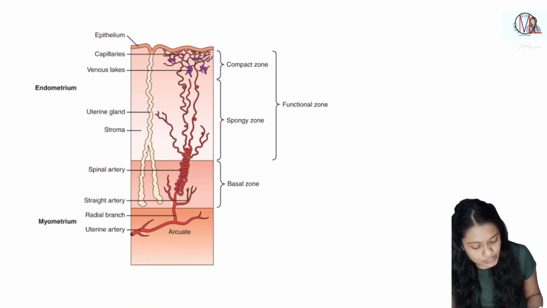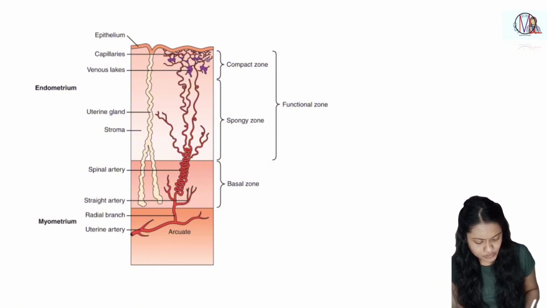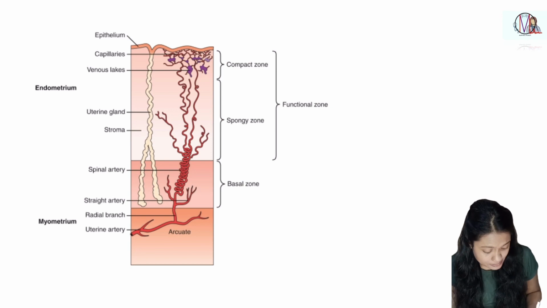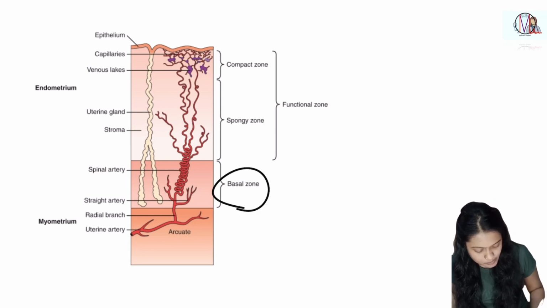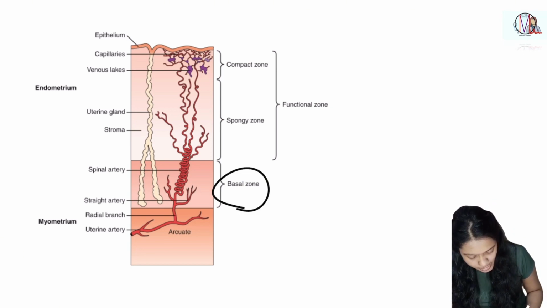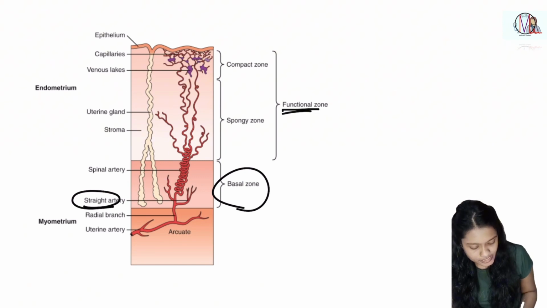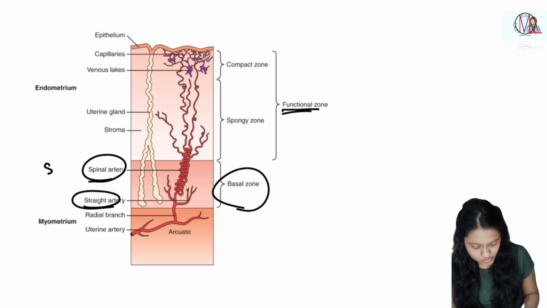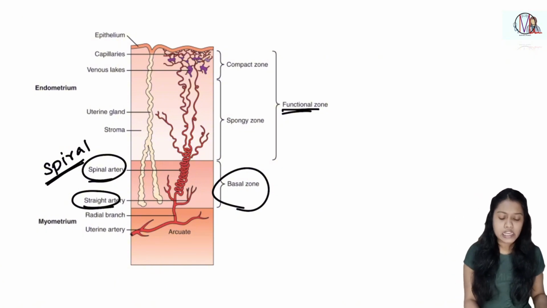So this functional layer will shed, and this basal layer has the straight artery, whereas the functional layer has the spiral artery. This artery is also known as the spiral artery. Okay, now we know,